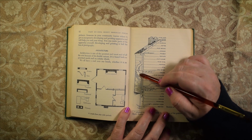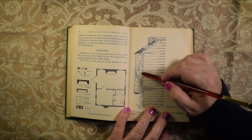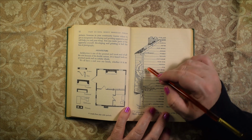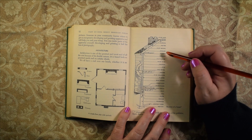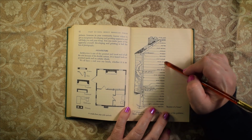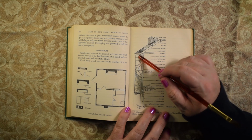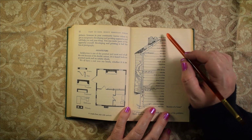rigid insulation underneath your brick veneer, header, the sole or sill, the studs in the walls, the sheathing, then your wood siding, your eave closure for your roof,